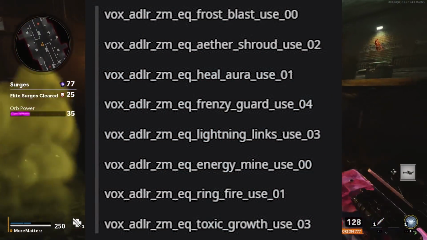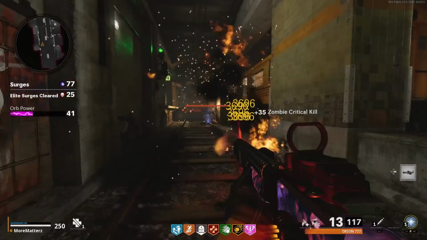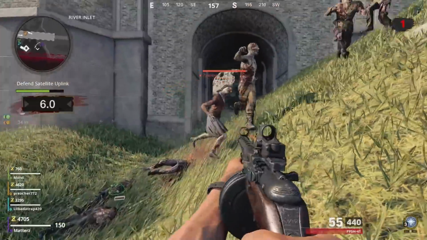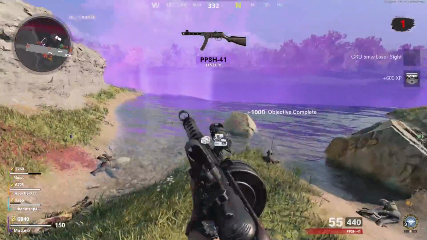Lightning Links is one of them, a leaked field upgrade that has been in the files of the game since launch. No guarantee that it releases in this next Reloaded update, but it's definitely really possible here. And for Outbreak, we should get a new objective added to the mode. Considering we didn't see a new one at the start of Season 4, we probably won't see a new Outbreak